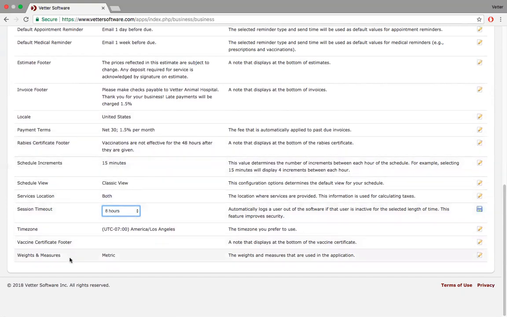Weights, measures, time zone, vaccine, etc. These are all fairly straightforward. By the way, speaking of weights and measures, we plan in April to have a metric to standard conversion showing in the software itself, because I realize that medicines are dispensed in metric